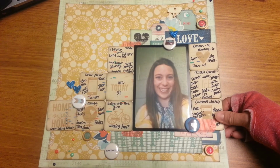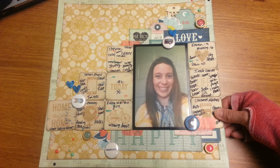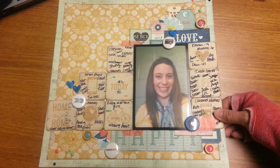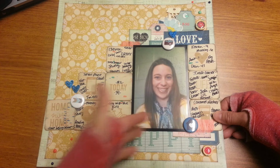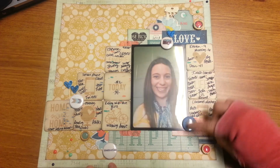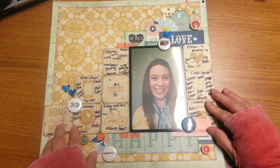And the point of this layout was to do an all about me right now kind of page, and so that was in my mind. And I was looking through those little wood veneers and realized that a lot of them are daily life themed. And so I'm like, oh, it'd be perfect to use a bunch of these together and to symbolize different parts of my life. And so I basically just then added the photo, and I did an overlay on the photo, and then I did a bunch of layering underneath and on top here of die cut stickers, washi, the brads. I used up some flare, and I also used up the last 3 of the glitter hearts from the Dear Lizzie. But I basically just then spread these out,